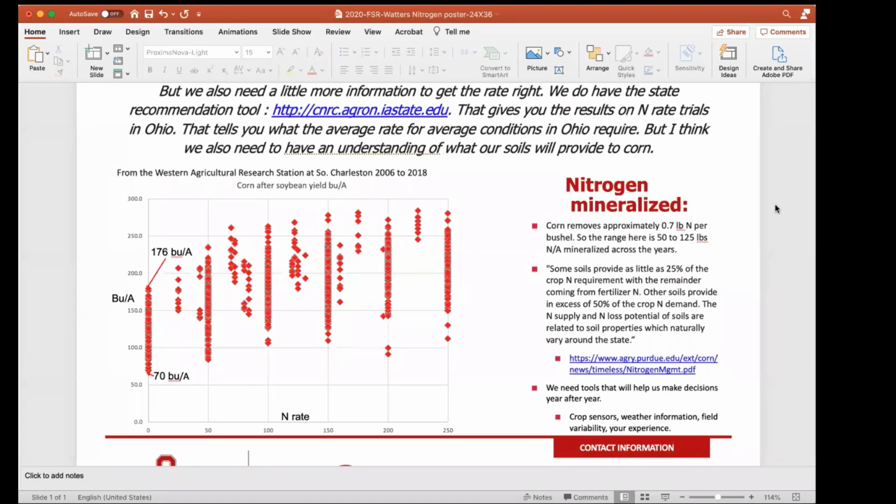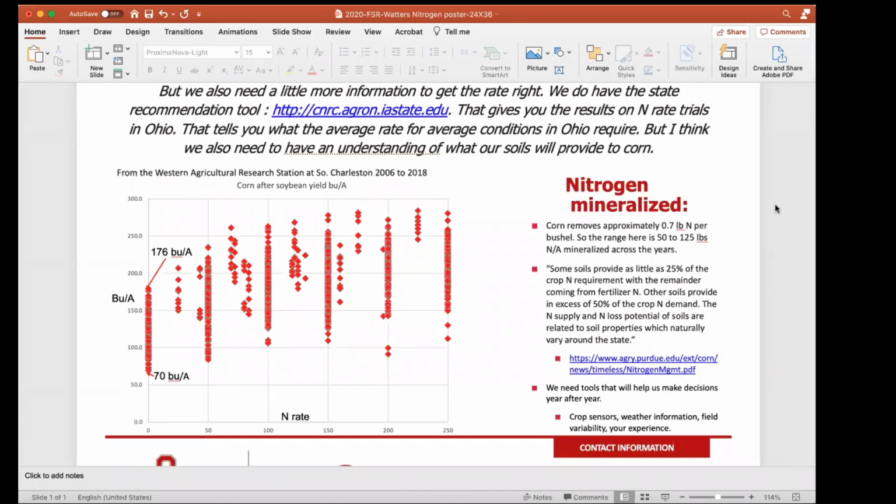So how do we determine if it's going to be a year where we're going to get 70 bushel out of zero or 170 bushel out of zero? Are there any tools available to help us maybe decide how much nitrogen to put on after our soil mineralization? So the first answer to your question is we don't know until the end of the year. We do have some tools where we can make some guesses, and I'll talk about those in a second, but